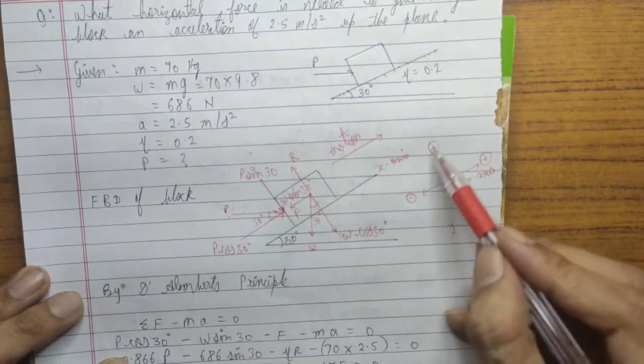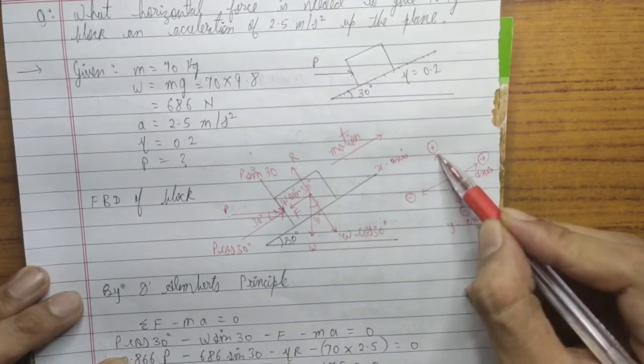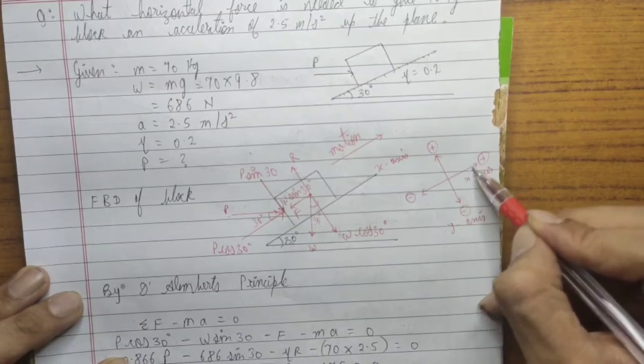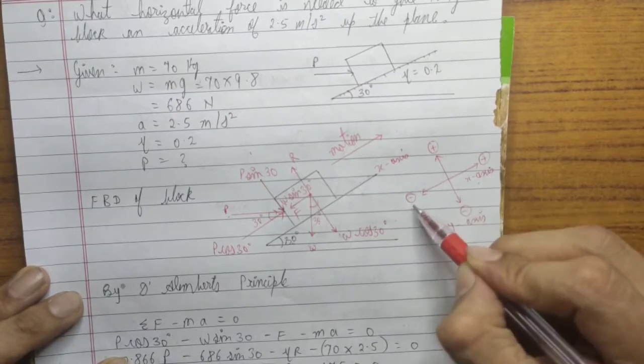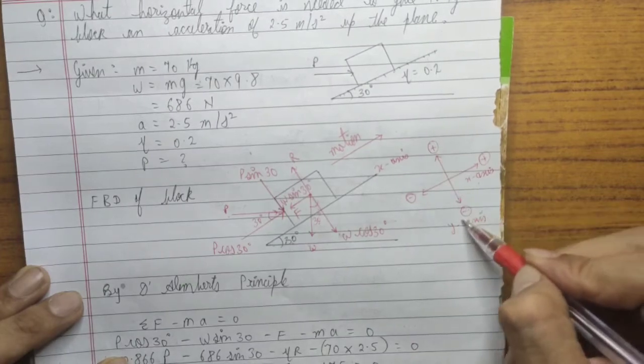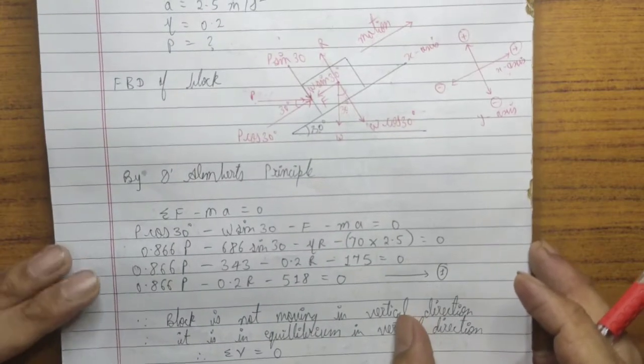And if we see the sign convention, we are considering this as the x-axis and perpendicular to the x-axis is the y-axis. On this axis, the forces which are going towards the right will be considered positive, opposite will be negative. And for the y-axis, upward forces will be positive and downward will be negative. Now let us try to solve this problem.